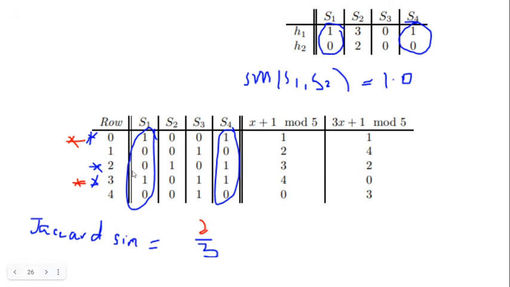So for the Jaccard similarity, you know how to compute it, right? It's basically intersection over union. So intersection wherever there's ones in both of the columns, that's 2. And wherever there's one in either of the columns, that basically comes under union. So you could see there are 3. 2 over 3 is the Jaccard similarity.